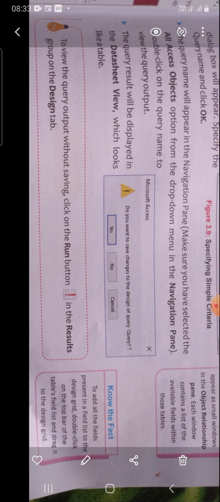Now, specifying multiple criteria, to see information when either two or more alternate criteria are satisfied. In this situation, we should make use of the OR criteria row in the design grid of the query.